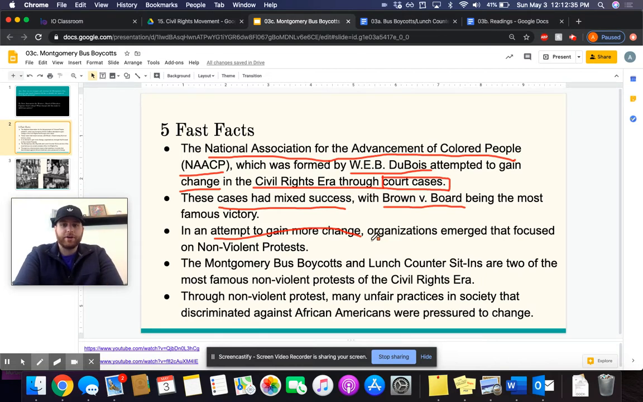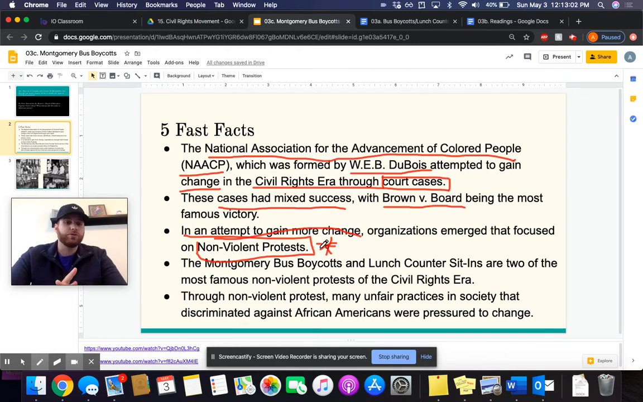And you see that organizations emerge that focus on nonviolent protests. Okay, and nonviolent protests are very important for us today because this is kind of an umbrella term we're going to be using, and then underneath that umbrella, we're going to be looking at specific instances of nonviolent protest. Okay, from your global history studies. All right, very famous